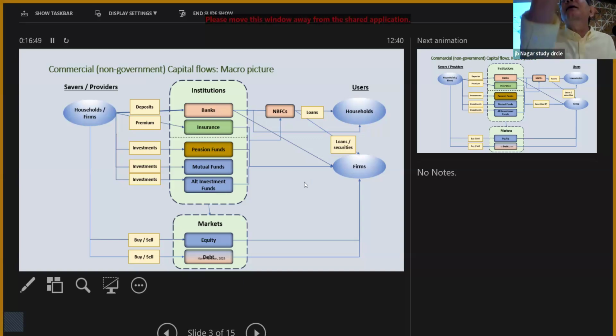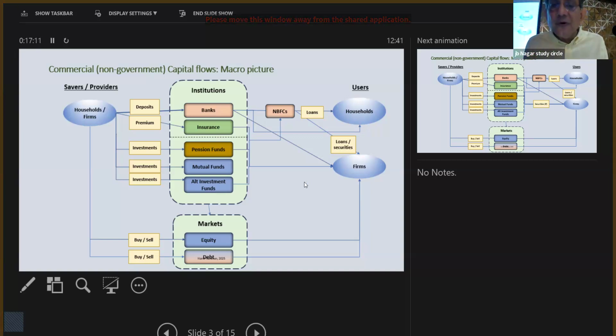That's the way savings from the savers become investable capital into firms or even households. In fact, the third thing I would have added is government. The big borrower is government. So banks lend to government, banks buy government bonds. They are mandated to buy government bonds. So even the government is a big borrower, in fact, among the bigger borrowers in India. And so this whole complex map,